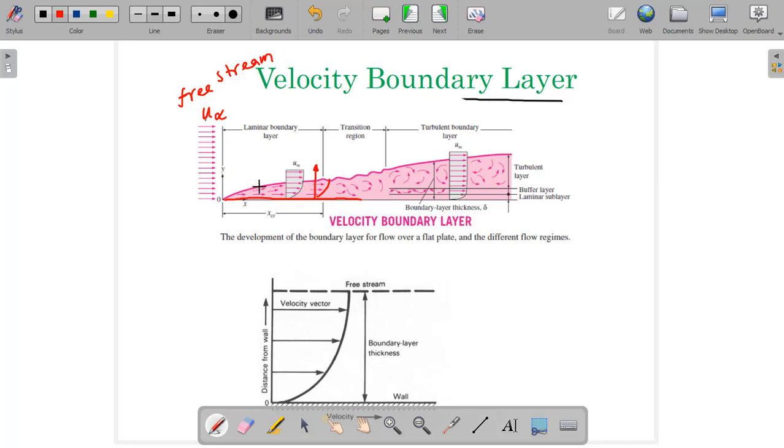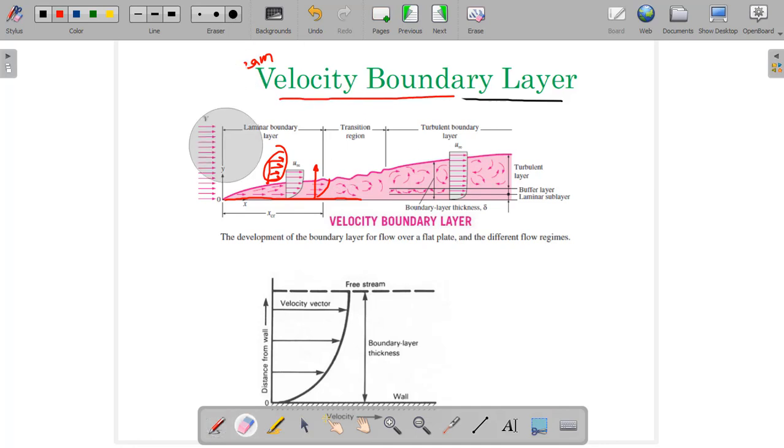But after that, as you cross this particular boundary region, you will find that the velocity is almost uniform. That means there is no velocity variation in the white region. Only the variation of velocity is significant within this shaded region. This shaded region very close to the solid surface, where the velocity varies perpendicular to the solid surface into the fluid, is called the boundary layer. Specifically, this is called the velocity boundary layer.